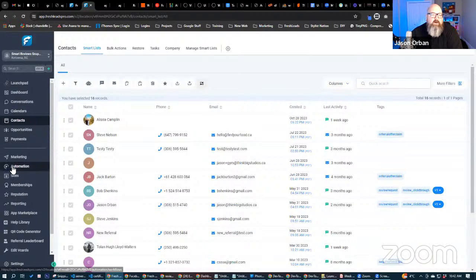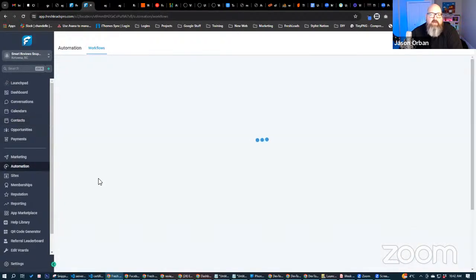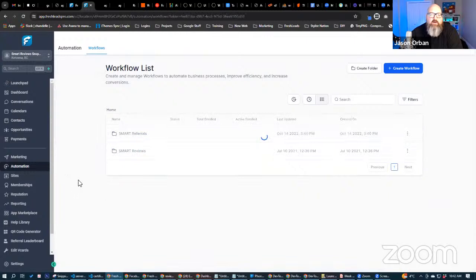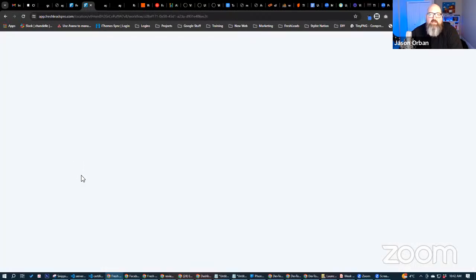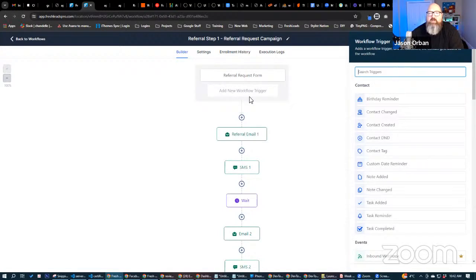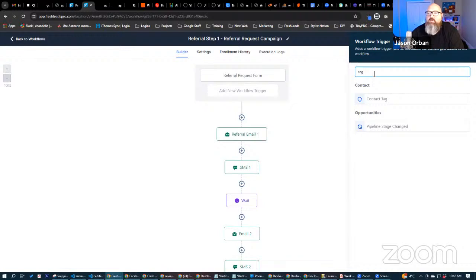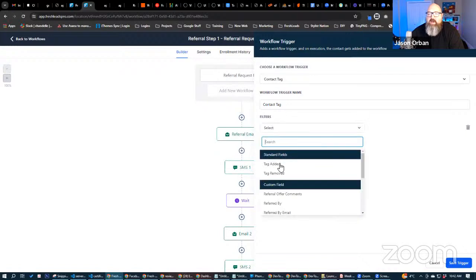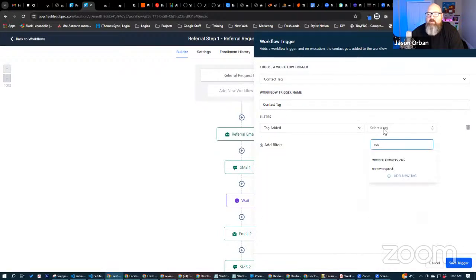We might even have a third way, which would be to add a tag, but let me see if we have that or not. And if you don't have it, you could easily just add it as a workflow trigger. So we have the referral request form. If you wanted to do it by a tag, click on here, click a new workflow trigger in referral step 1, and then we could go tag. Yeah, so contact tag as a workflow trigger,